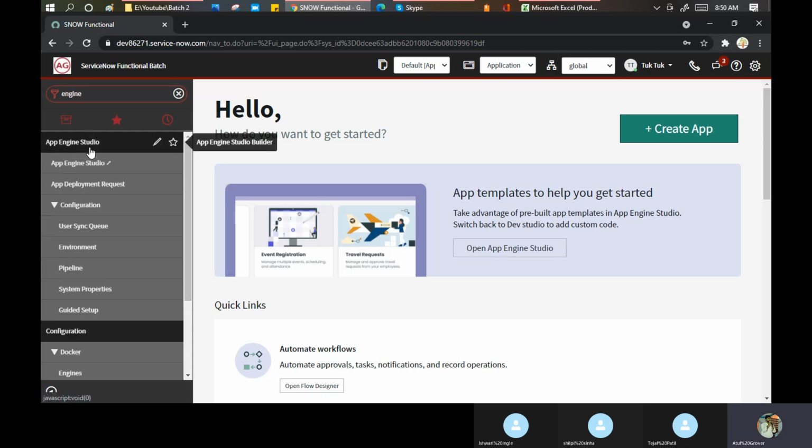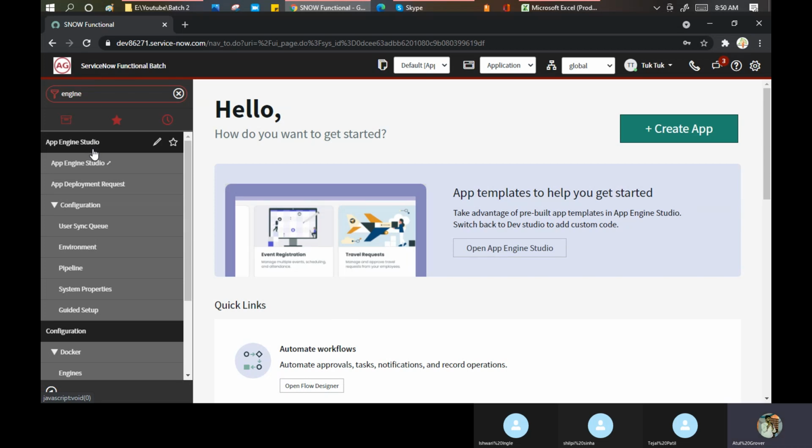See, App Engine Studio. Studio means, did you guys work on Eclipse? It's a tool or interface for Java development. In the same way, ServiceNow gives us a studio.